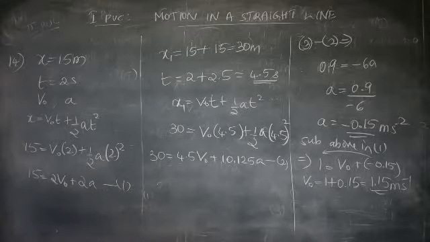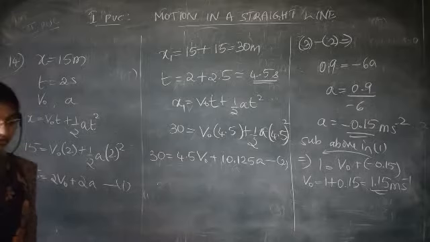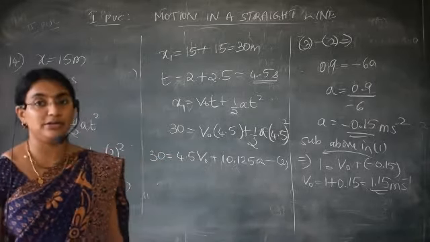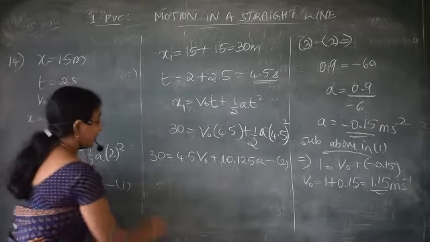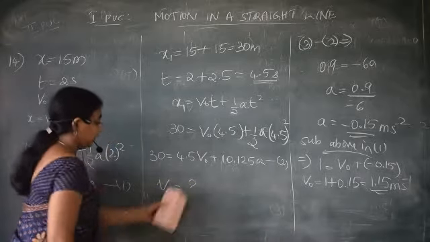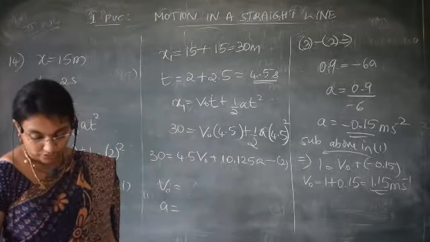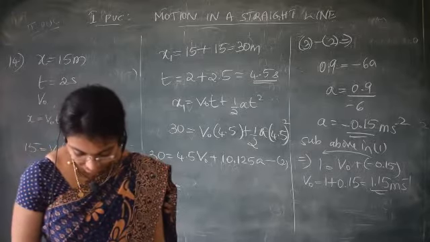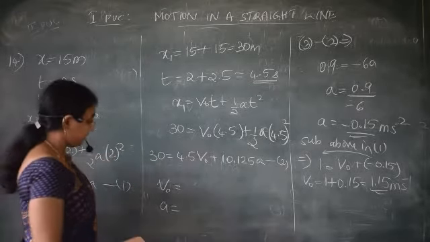Can you equate like the previous problem? I think you can equate just like equation number 1 and 2 in mathematics. How do you solve? The same way. Further, if I solve every step, I know you will not try at all. So you have to equate and give me the answer for V naught and A. Both you should get. I have solved it and we got the answer. A is equal to minus 0.667.